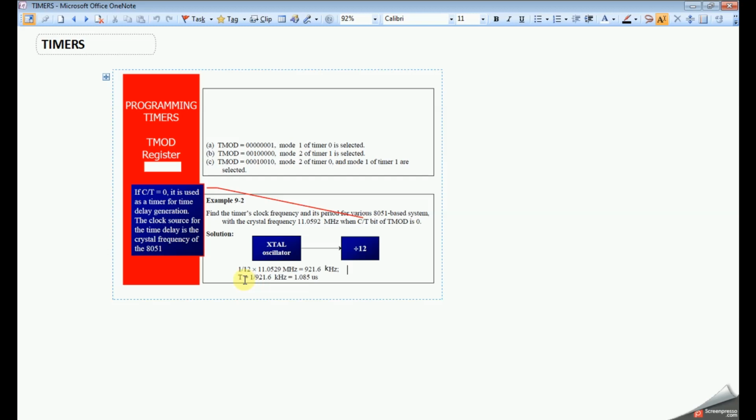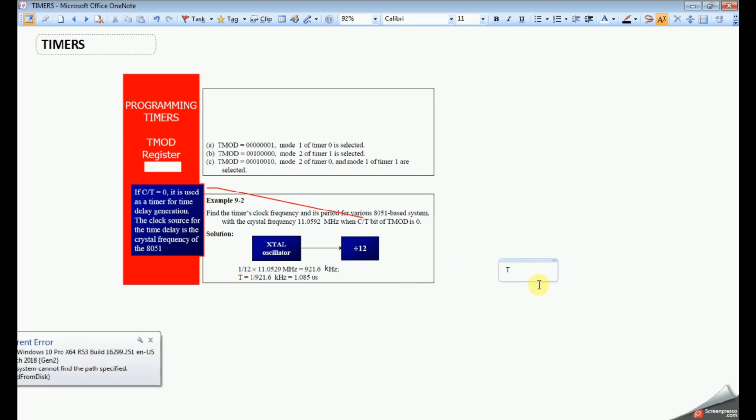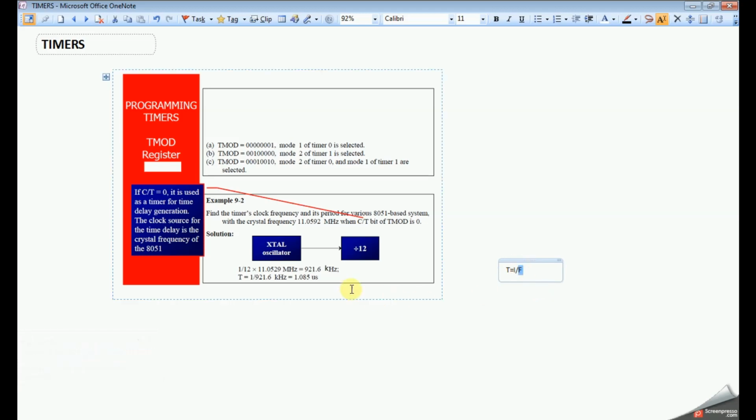The formula for time period is T equals 1 by F. We already know the frequency, 921.6 kilohertz, so the time will be 1 by 921.6 kilohertz, which gives 1.085 microseconds. This is nothing but the timers time period.